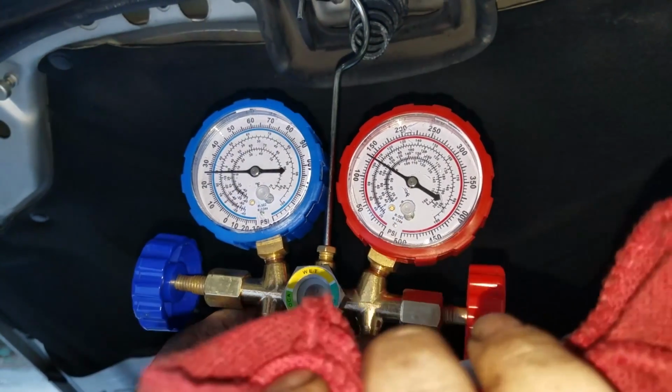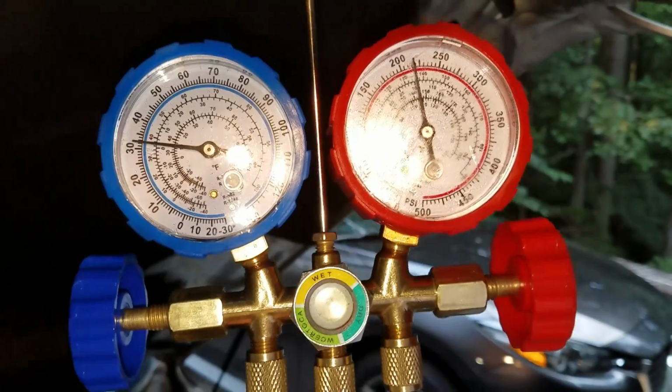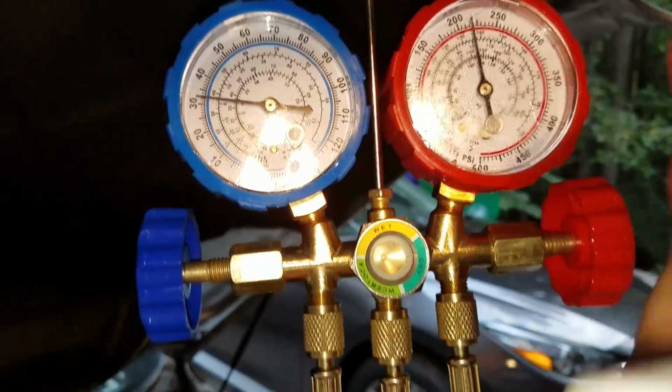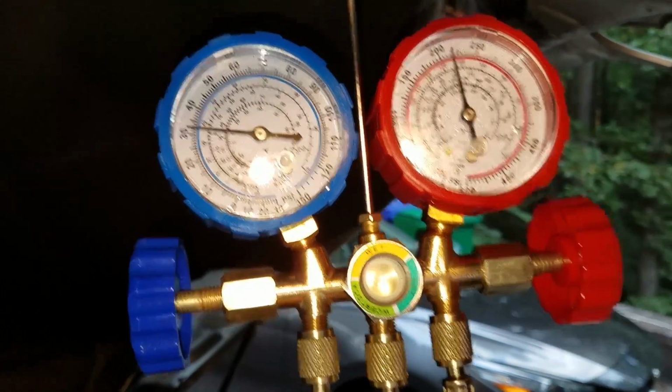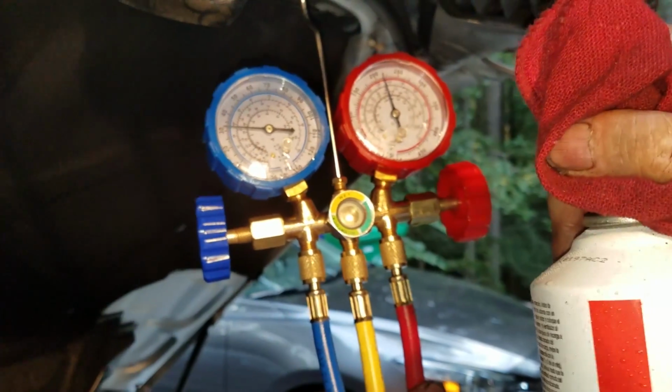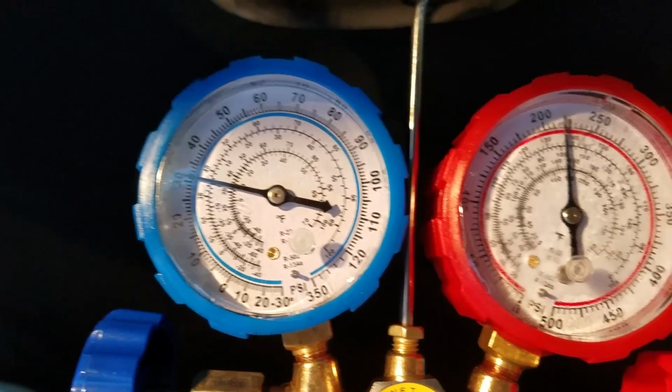And follow the instructions on the can, and each can will empty in about 10 to 20 minutes, so be a little patient. And also use a shop towel or something to hold the can, because it might get too cold for your hand. And you keep going until it goes,